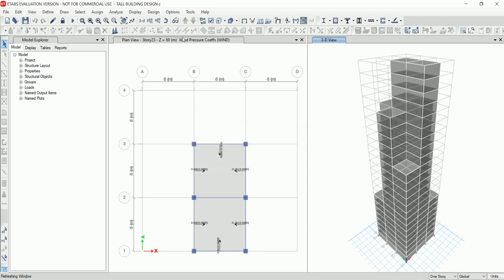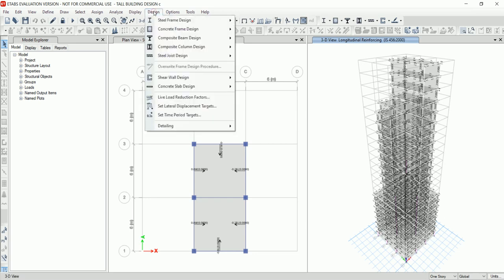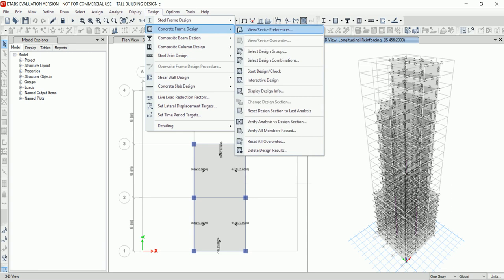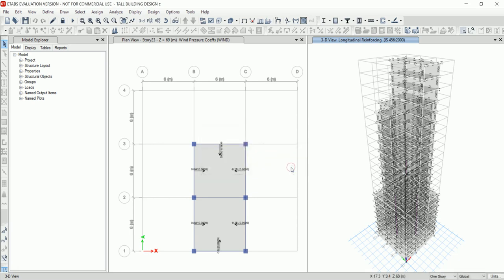Now go to design. Select concrete frame design and click on verify all members passed. It was given that all concrete frames passed the design check. So the design was successfully completed.